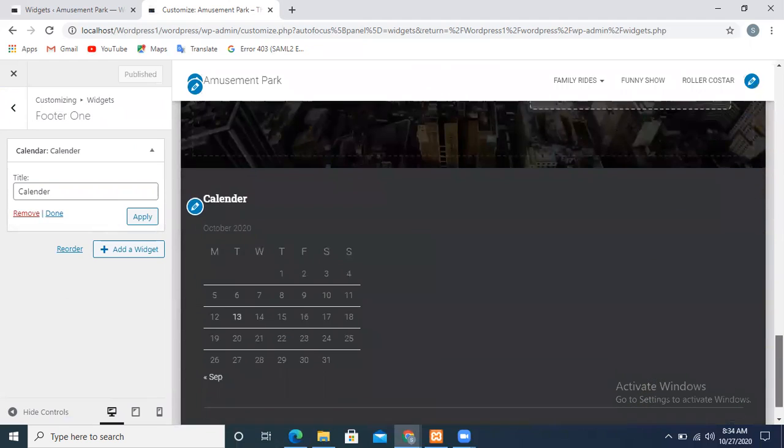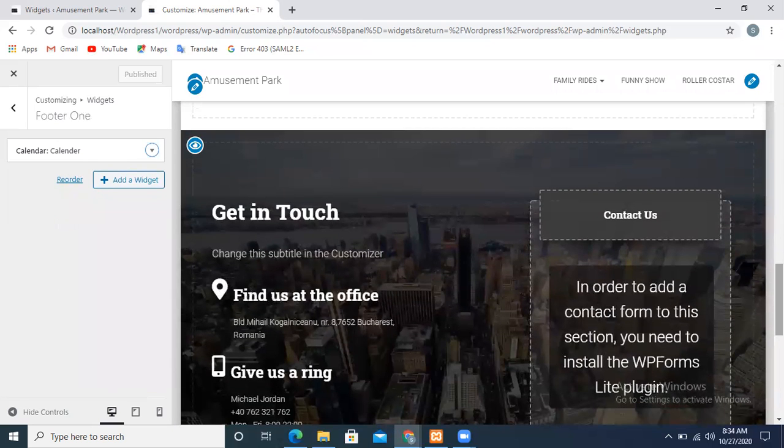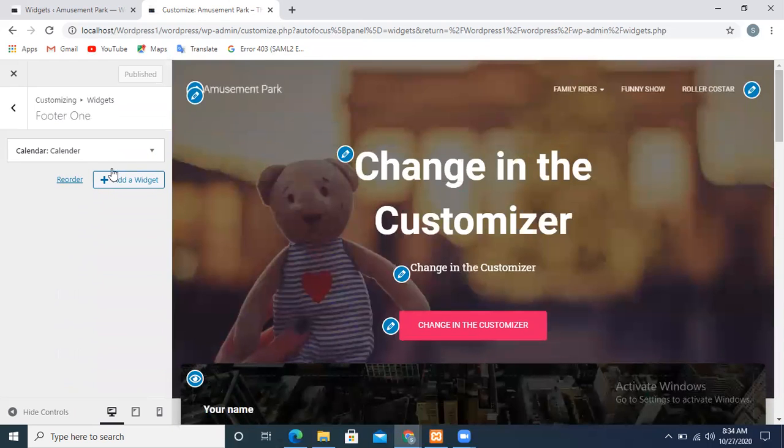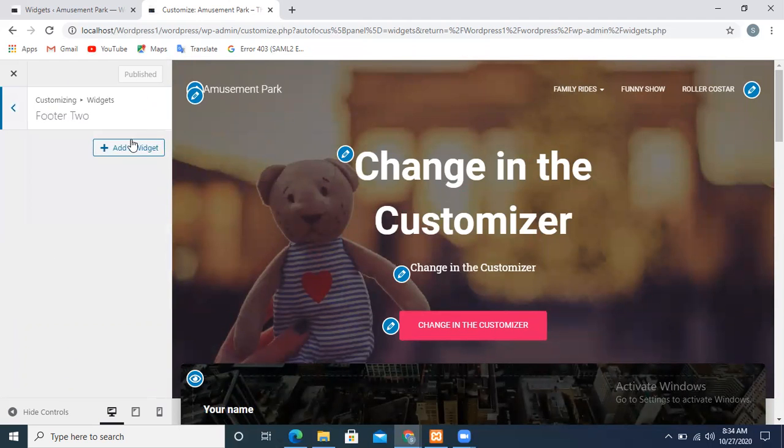A calendar has been added over here. I don't know why the search bar is not being implemented. Maybe it has been implemented, but I am not able to see it. By the way, simple widgets can be added like this.